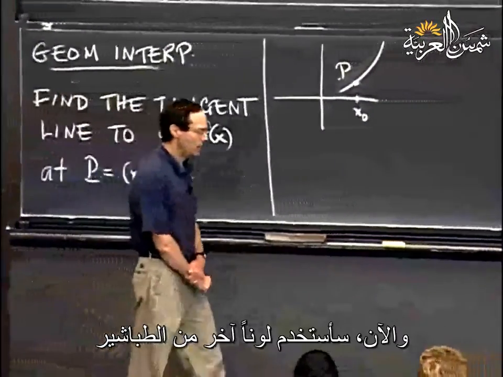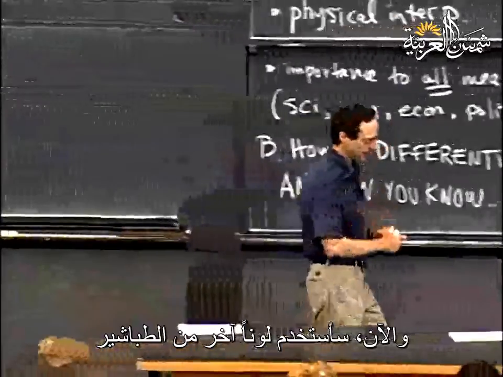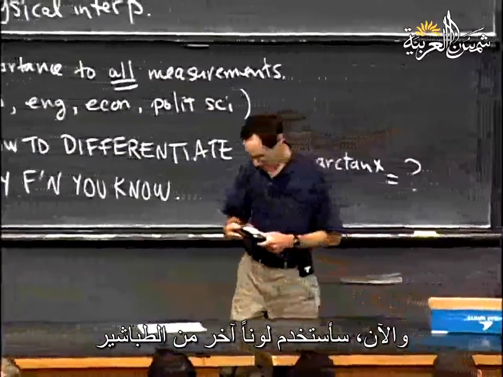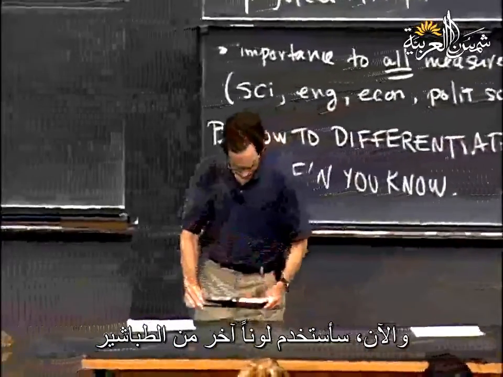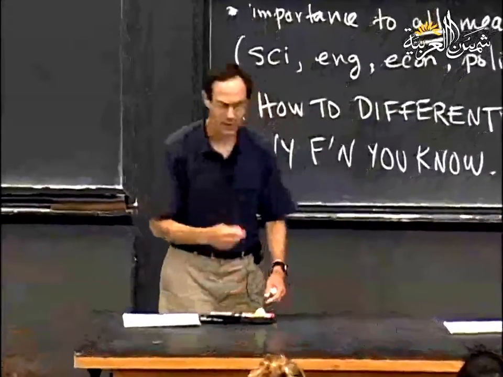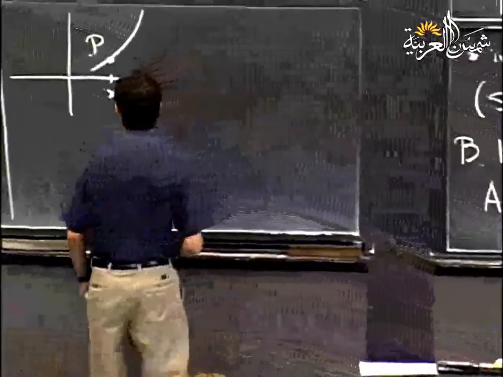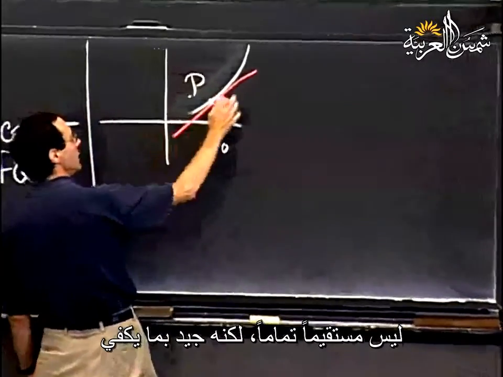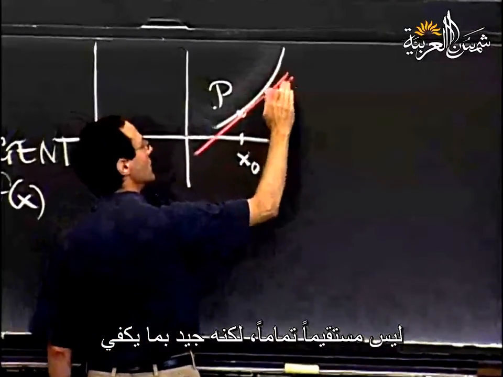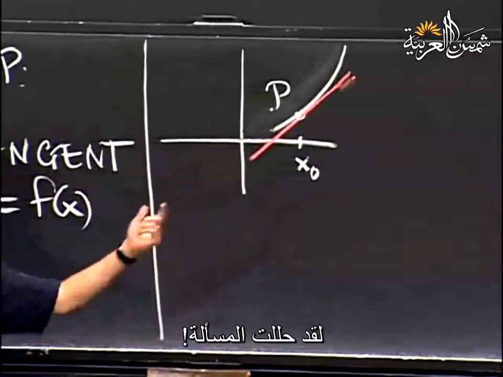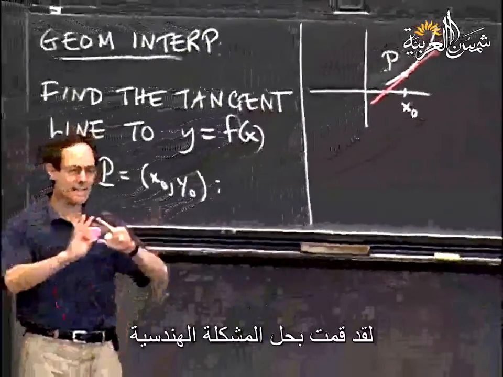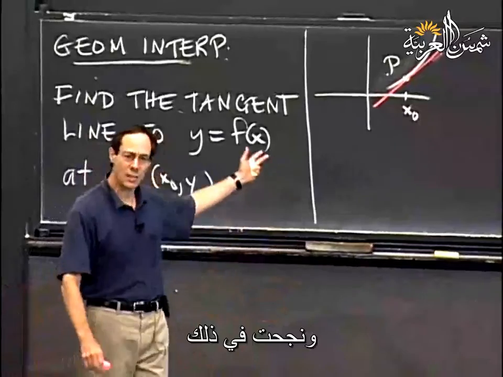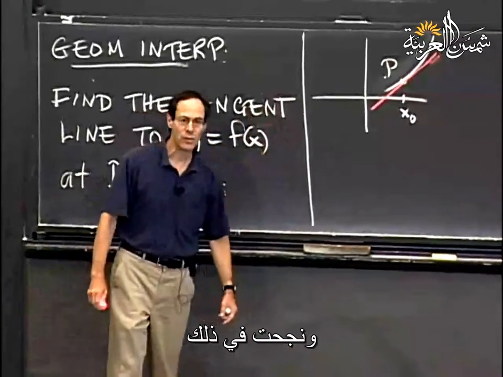And now, in order to perform this mighty feat, I will use another color of chalk. How about red? Okay, so here it is. There's the tangent line. Well, not quite straight, close enough. All right, I did it. All right, that's the end. That's the geometric problem. I achieved what I wanted to do, and